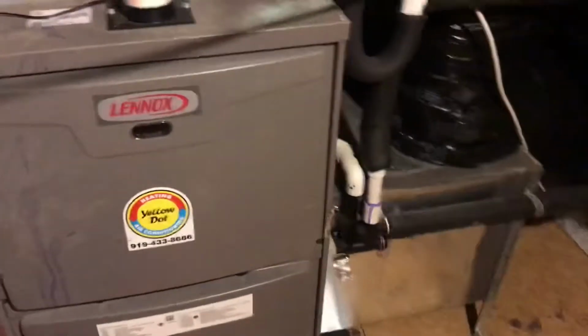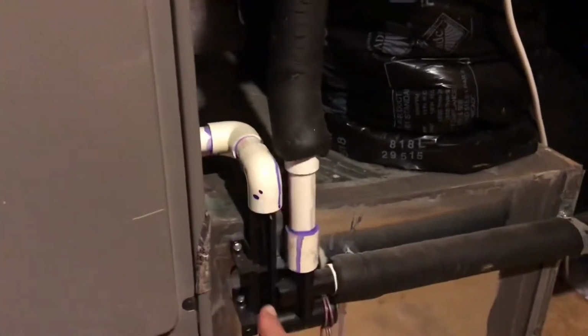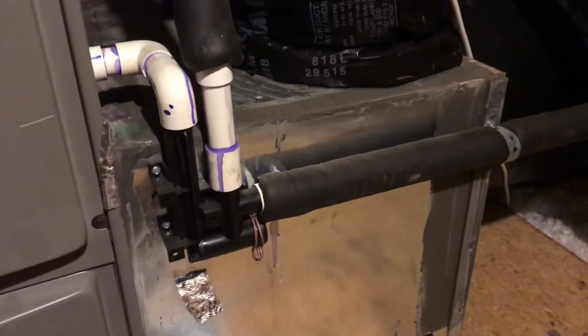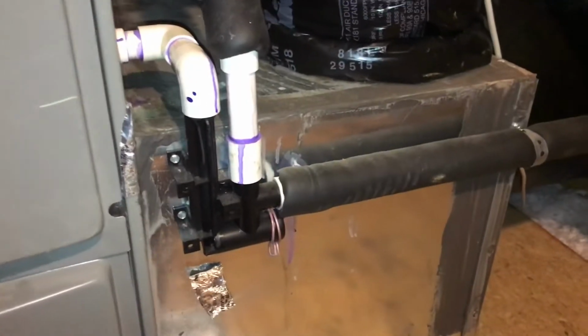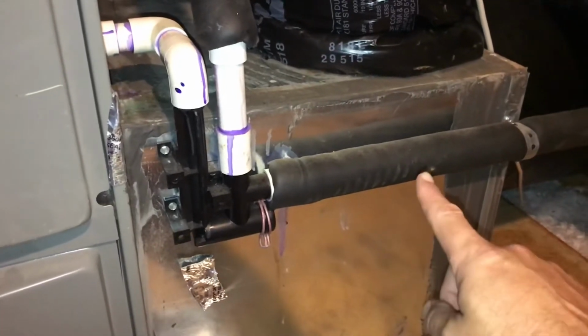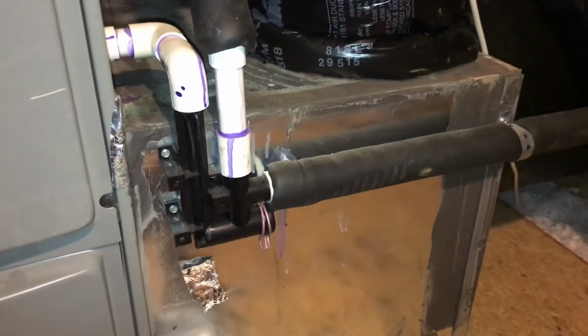Anyway, what happens is as the unit runs, the condensation is supposed to come out through here, and this is my drain pipe. And the drain goes all the way, in this particular house, into my laundry room where it drains into where your washing machine drains out, so it drips in there. So what happens in the winter, if this drain gets clogged down outside or anywhere, clogged meaning it freezes up,